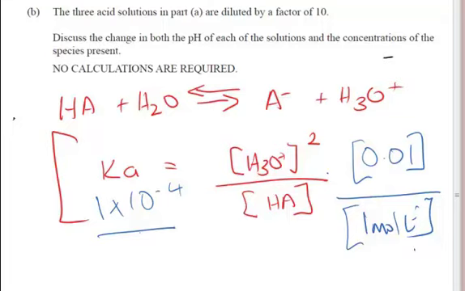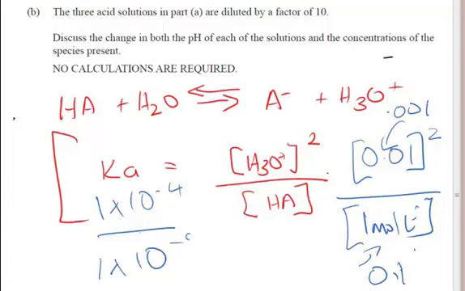Now if we just assume that we changed everything by a factor of 10 in terms of the concentration, that would mean that this would obviously become 0.1 and this would become 0.01. Now this is a squared value, I should put that in earlier, but there you go. Now if we just recalculate this with those new values in there, we wouldn't get 1 times 10 to the negative 4 anymore, we'd get 1 times 10 to the negative 5. Now that means the Ka value is obviously decreased,